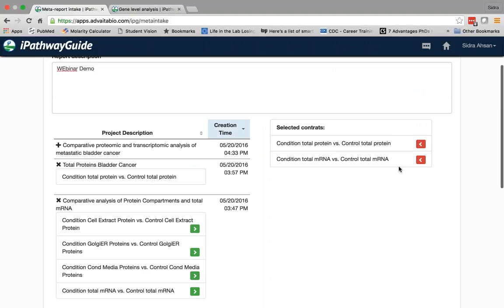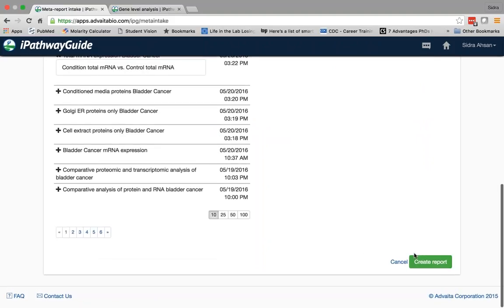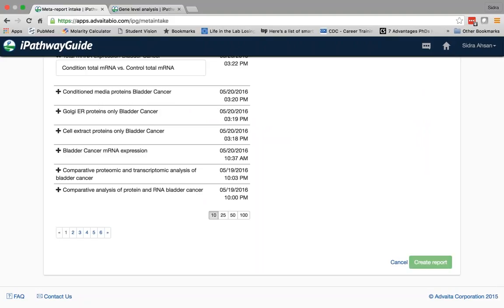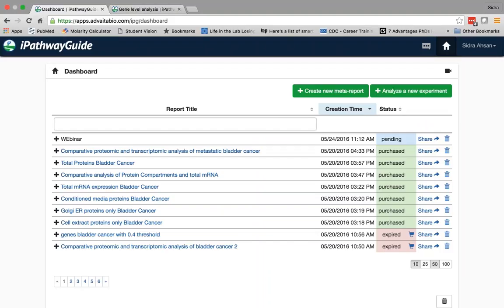And now I have added the selected contrast that I want to look at, and then I can click on Create Report here. It takes anywhere from a minute to 2 or 3 minutes for this report to generate, and you can see the status for that in the dashboard. And you'll also receive an email as soon as the meta-analysis report is created.